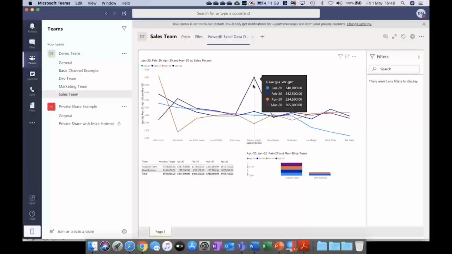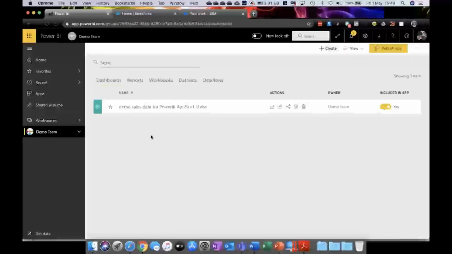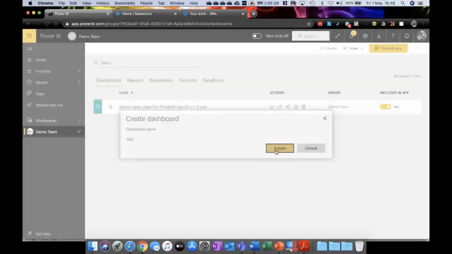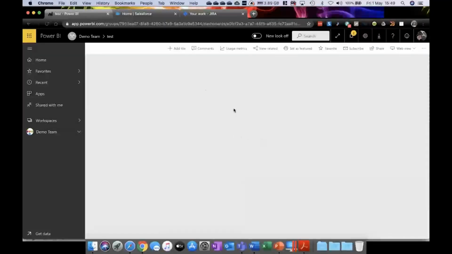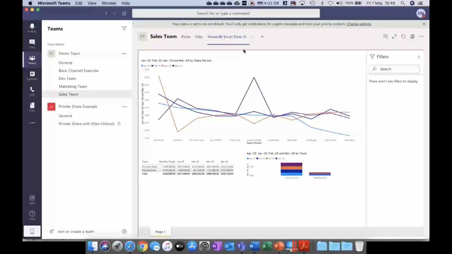And if I just show you behind the scenes, it's very straightforward. Here is Power BI. All you would be doing literally is creating something and then linking it to a source. So there we go. And in here, this is where you start to add in information. So it's very straightforward. And all you then do is you publish the dashboard, and that would then allow you to add that into your team, which is what I've done here. Okay. It's very straightforward, and I'll show you some other uses of Power BI in a second.